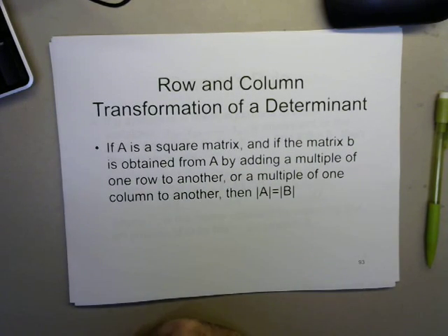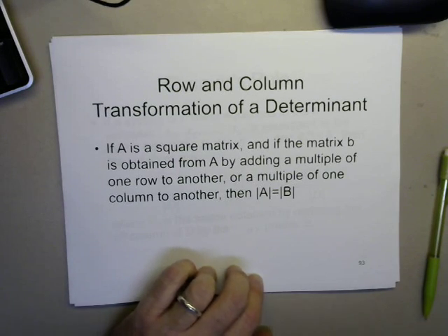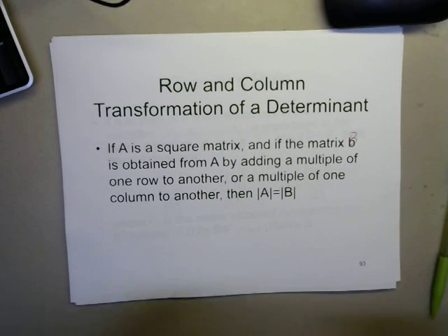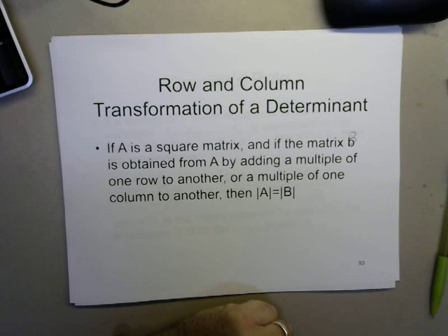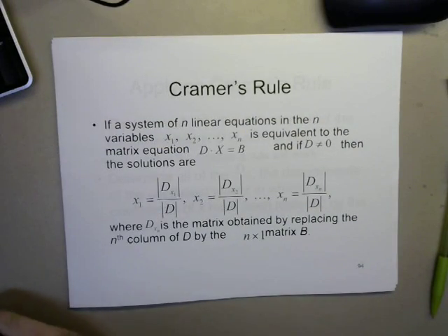So another thing I wanted to talk about here too is that you can do certain row and column transformations and it will leave the determinant unchanged. And so if A is a square matrix and if matrix B, sorry, this should be a capital B here, is obtained from A by adding a multiple of one row to another or a multiple of one column to another, then the determinant of those two things will be the same. So if you multiply a row by something and add it to another row, it shouldn't change the value of the determinant. So not anything that important, but